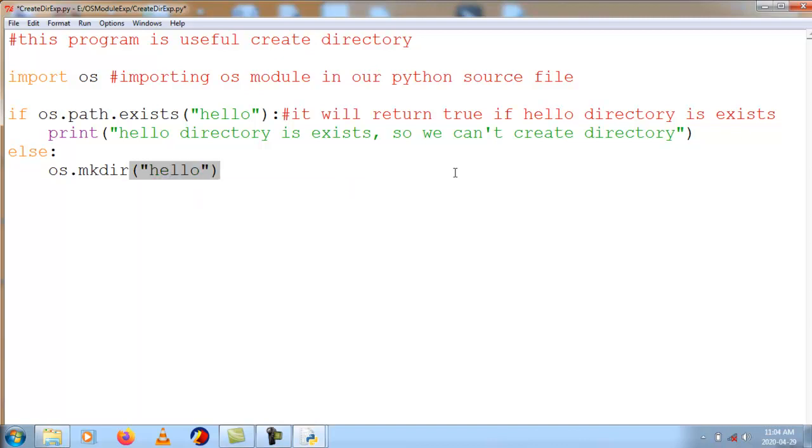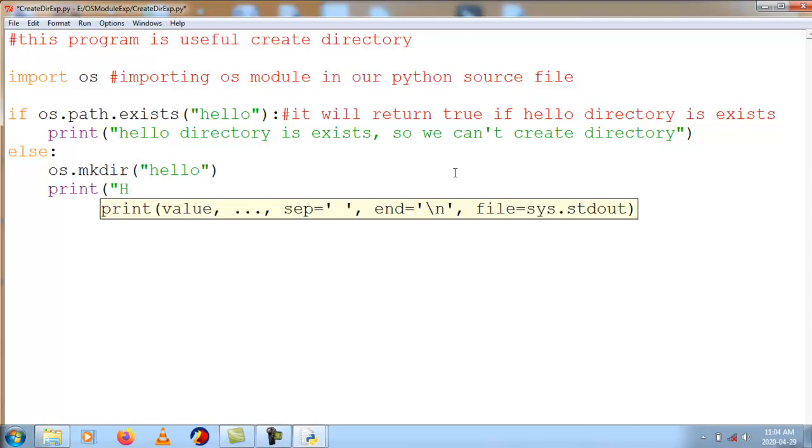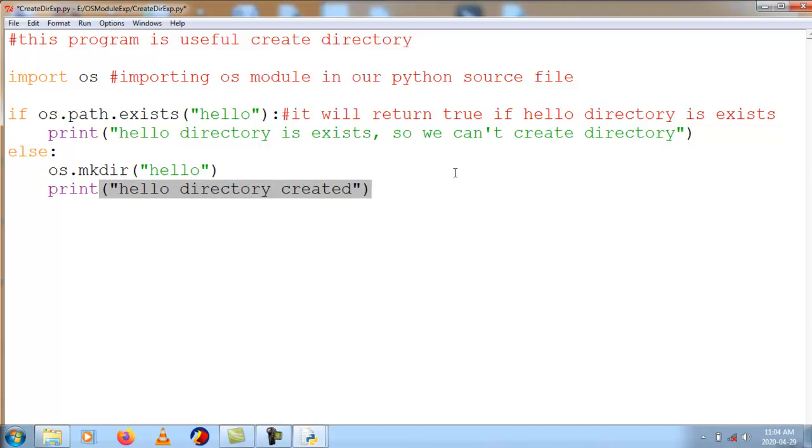I am giving the directory name as hello, and I add a print statement: print hello directory created. This is simple code. Before executing this code, I will save it.